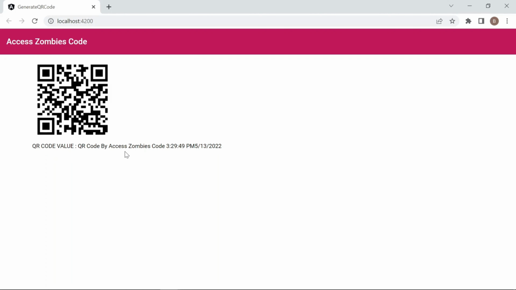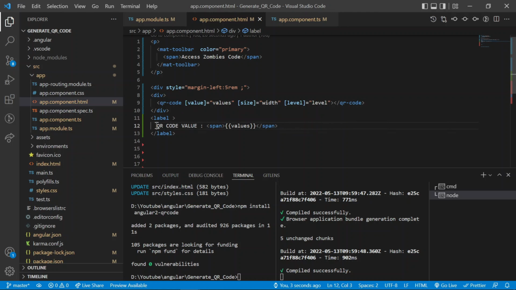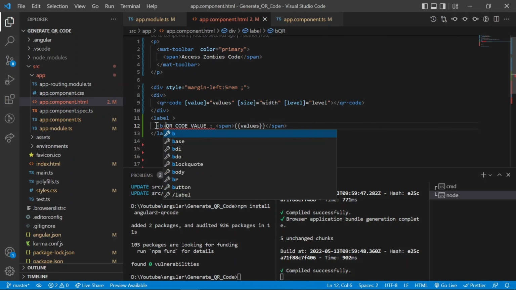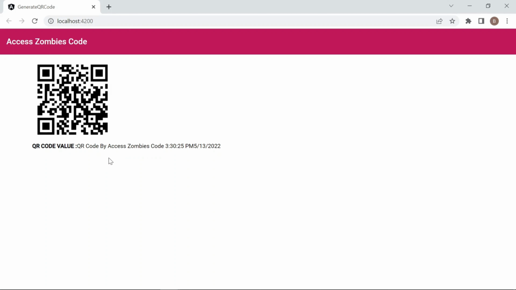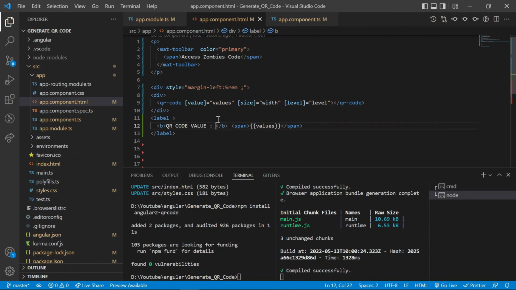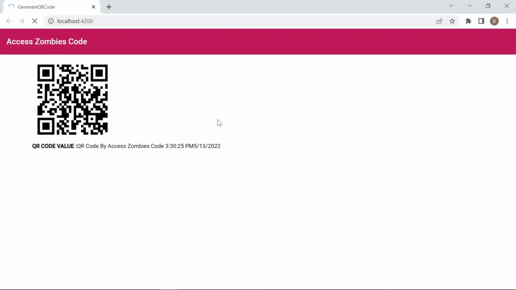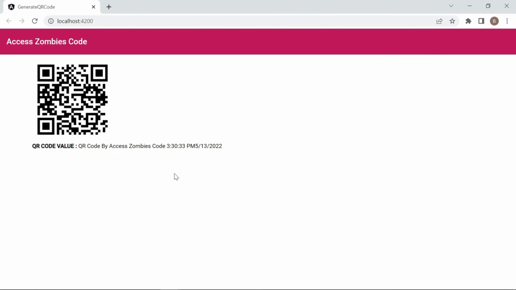So let's change some font details. According to the date time, the QR code will be changed now. Otherwise, all the things of the QR code will be the same.